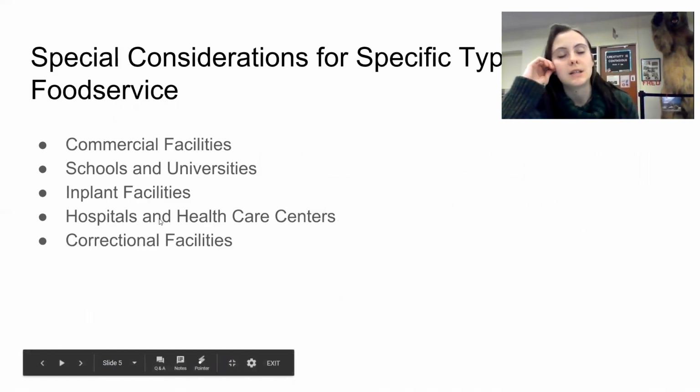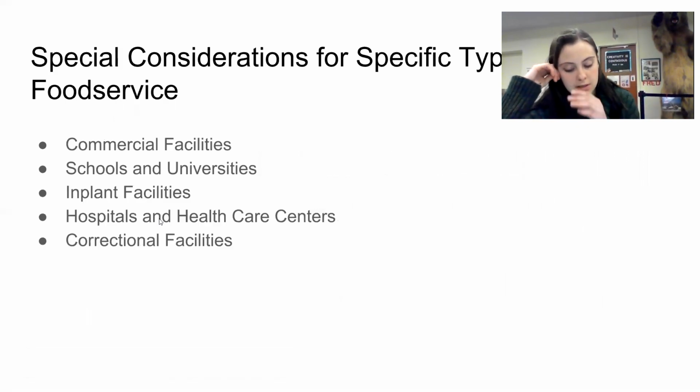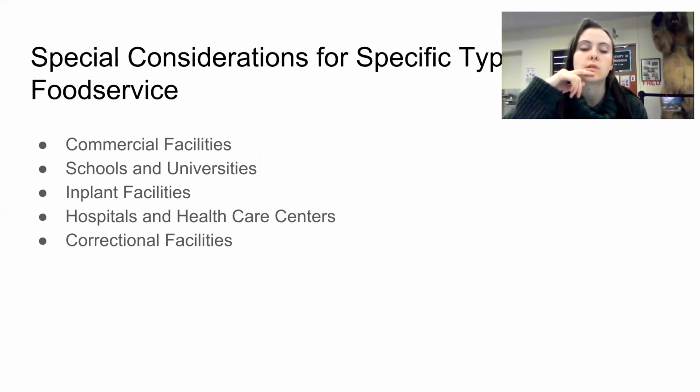Okay. And then some special considerations for specific types of food services. Some of those types include commercial facilities, schools and universities, in-plant facilities, health and healthcare centers and hospitals, and correctional facilities. So some of those special considerations for each one of those: